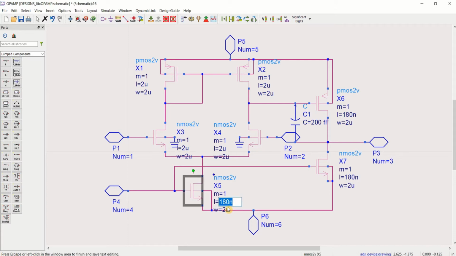Its length is 3 micrometer. Here the length is 2 micrometer but the width is 6 micrometer. 2 micrometer, it is 3 micrometer. Save the design. So this is the op amp with the specified width and lengths.